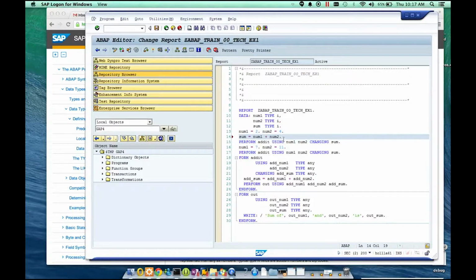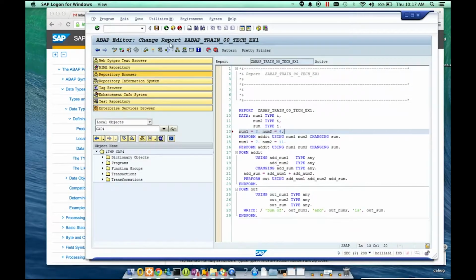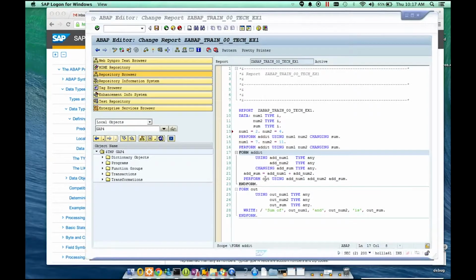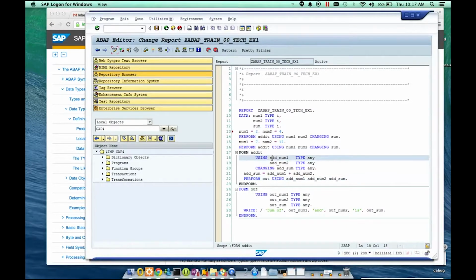That should be all that you need to do this summary. But we start to get into a little bit of the reuse in the code here. So this perform statement is actually calling the addit form field. So on this form field, what we want to do is call a subroutine. The subroutine is just a little bit of reusable code, and it has parameters that you